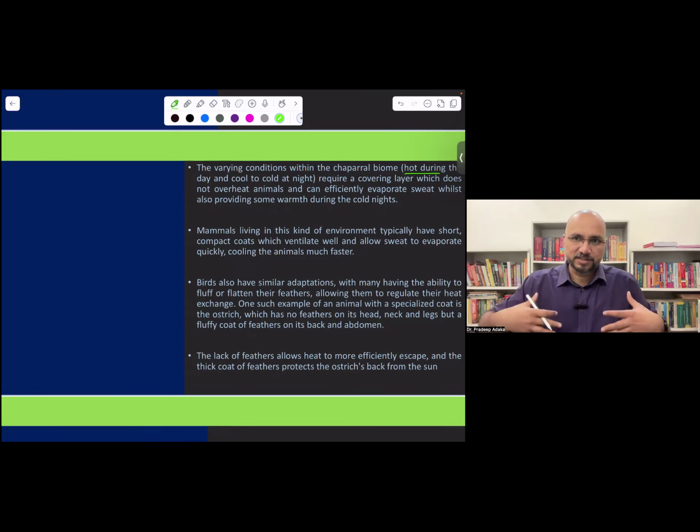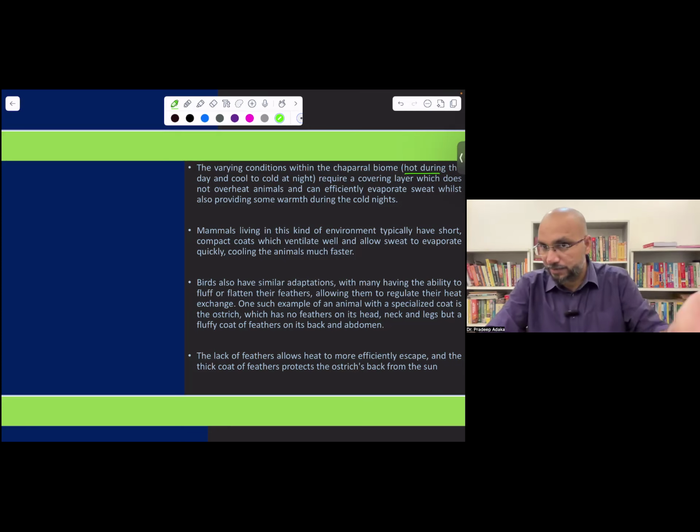So perspiration, sweating, is a mechanism to cool down your body. So if you have a lot of hair, you cannot sweat. So we lost our body hair because of hunting, and we were used to running behind the prey to hunt it. So through that mechanism, we lost most of our body hair, though our ancestors still possess that. Humans.